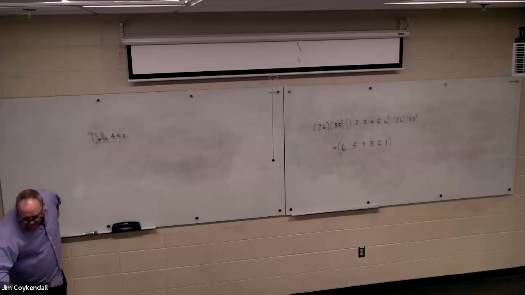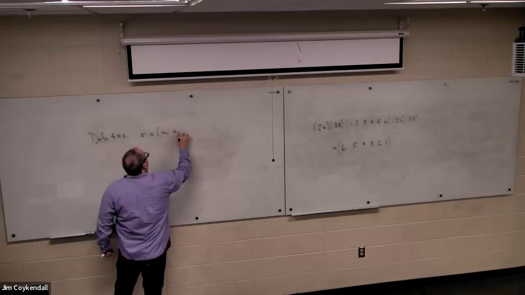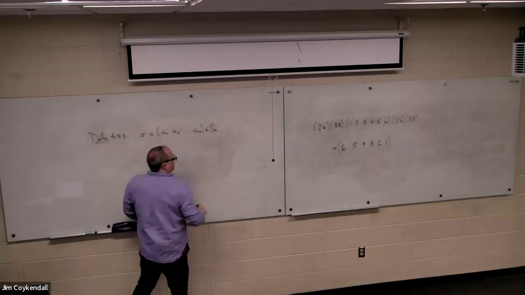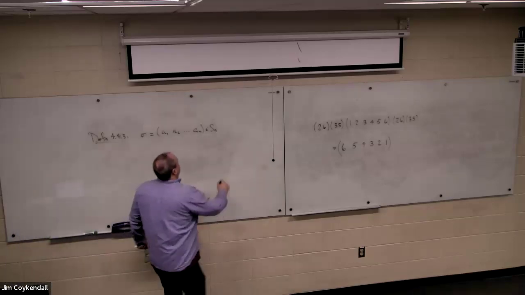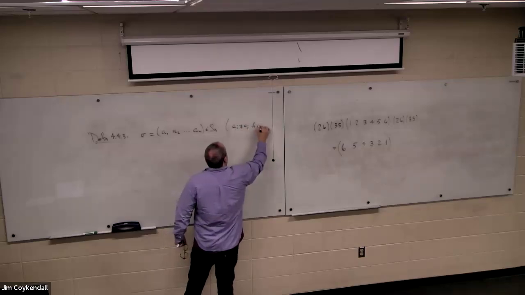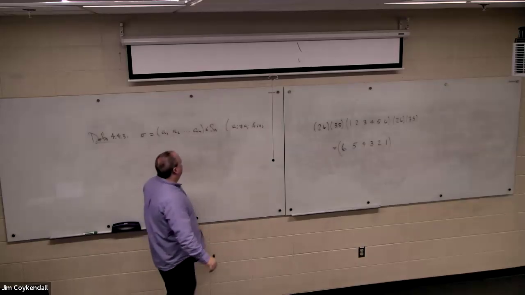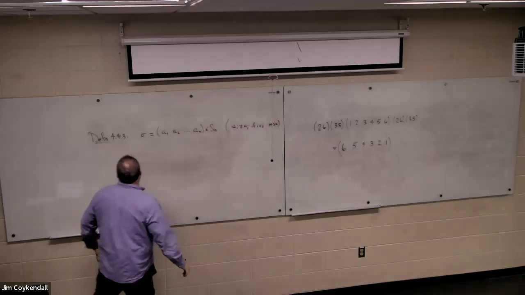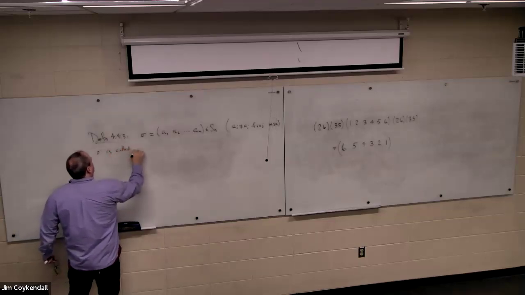Let sigma be (A1 A2 ... AM) in S_N. And let me give you some caveats here. AI is not equal to AJ if I is not equal to J, that is to say these numbers in here are all different, and M is less than or equal to N. Then sigma is called a cycle